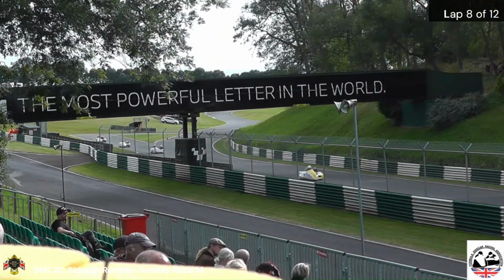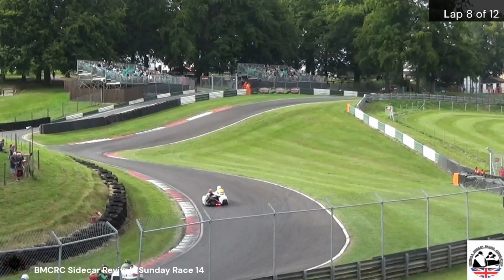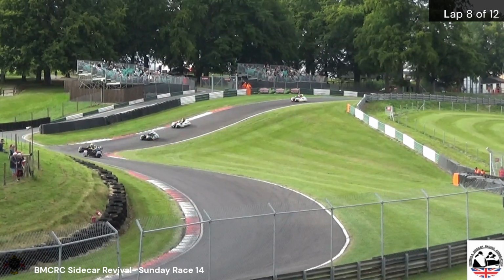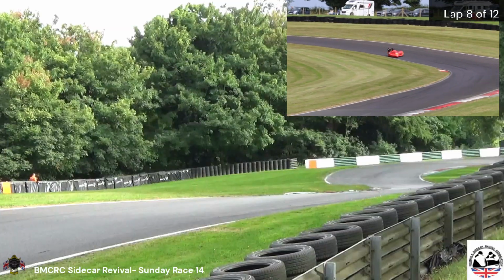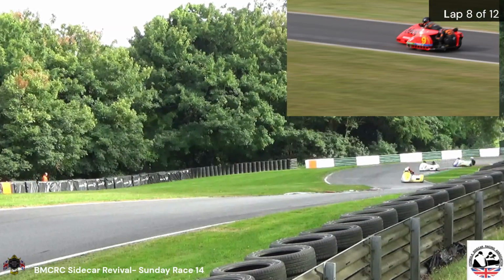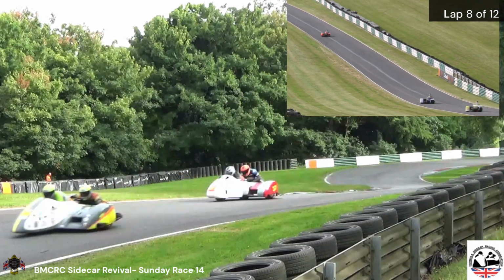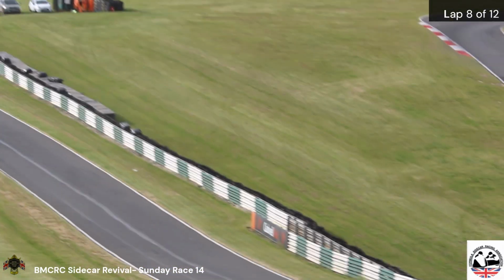A little bit of a battle going on here for the 5th place there, mate, between Hyde and Ramsden actually. The wild cards of Bryan and Hyde there, holding off the Ramsden charge by about 4/10 of a second. I'd be interested to know if the wild cards are entitled to score points, actually. That's not something I know for sure. Obviously, they're here, they're racing, and in the case of Bryan and Hyde, they're actually...